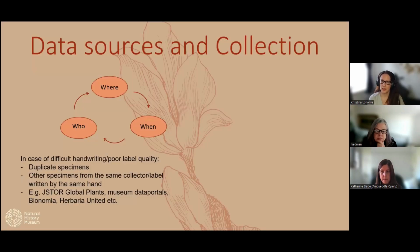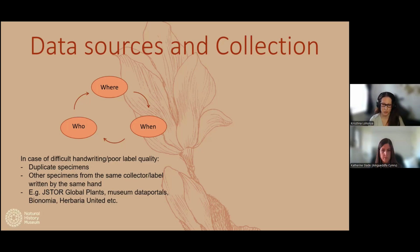As I mentioned, sometimes when your label has limited information, you can have additional resources to look into to find more information. In terms of botanical collections, I usually try to locate duplicate specimens because ideally they are the same specimen. And usually if you have duplicate specimens, some of the labels are in better condition. It could be that the place where it was housed, or anything could have happened to the label. It could have water damage, insect damage,